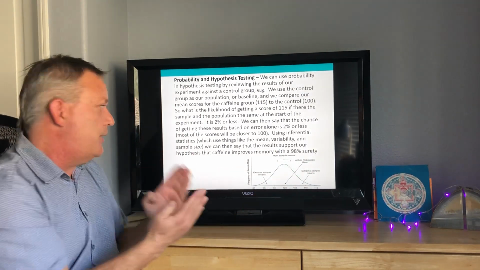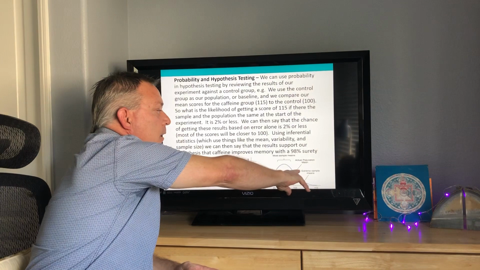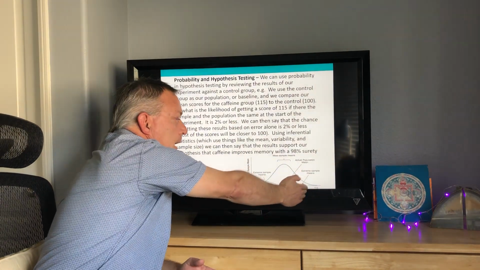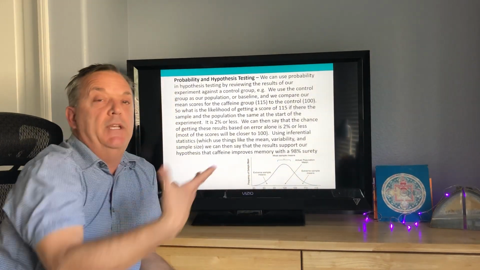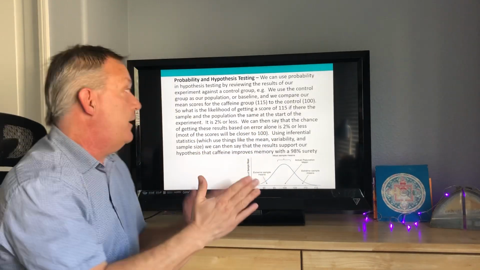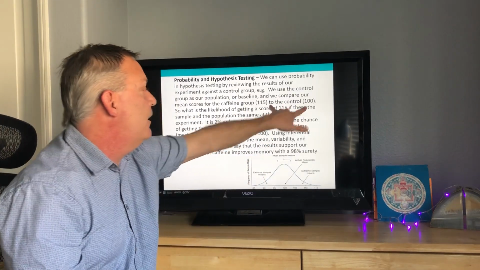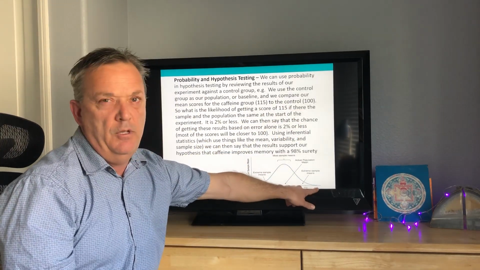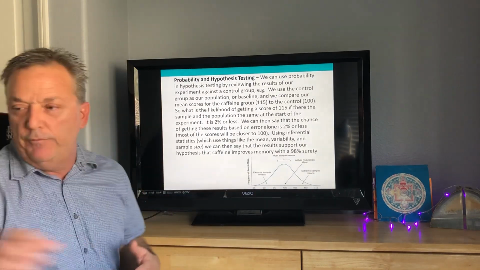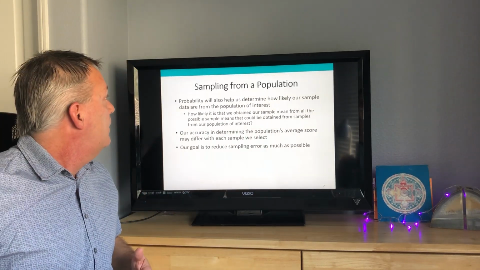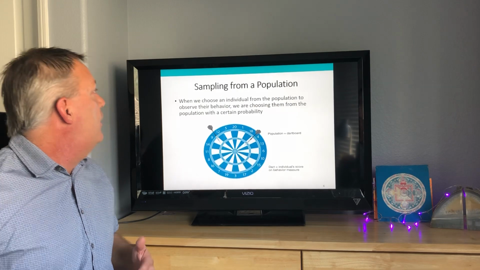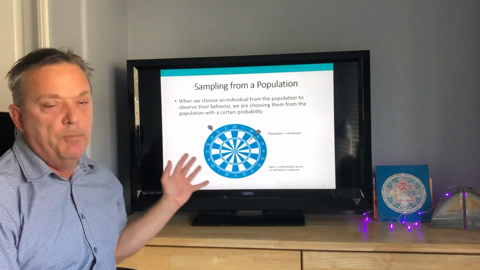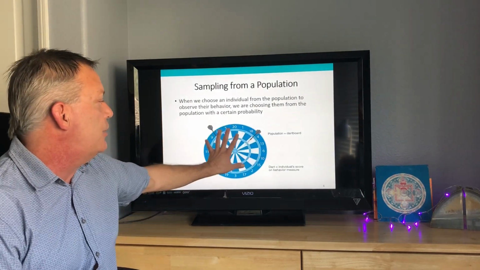So hopefully that makes sense in terms of that distribution, probability, and then extrapolating and saying we can say with a surety this probability in terms of the differences between the groups. I don't think the book really made it that clear, but hopefully that does. Okay, so then this just talks about in the book about this is the population as a